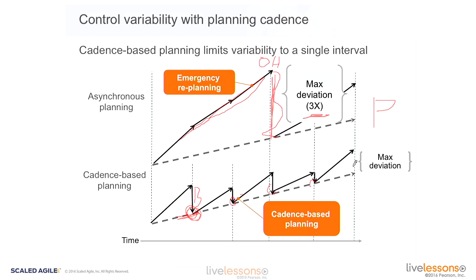Now, which program would you rather be? Hey guys, did it come out perfect? Nope. Almost within range. Hey guys, did it come out perfect? No, we've got some serious problems. This is called an apology tour. I need to apologize to everybody that's been dependent upon this system coming because it isn't going to happen. That's pretty good, right? Pretty good in R&D can be pretty dang good. So we can control all of that with a simple mechanism of planning more frequently.